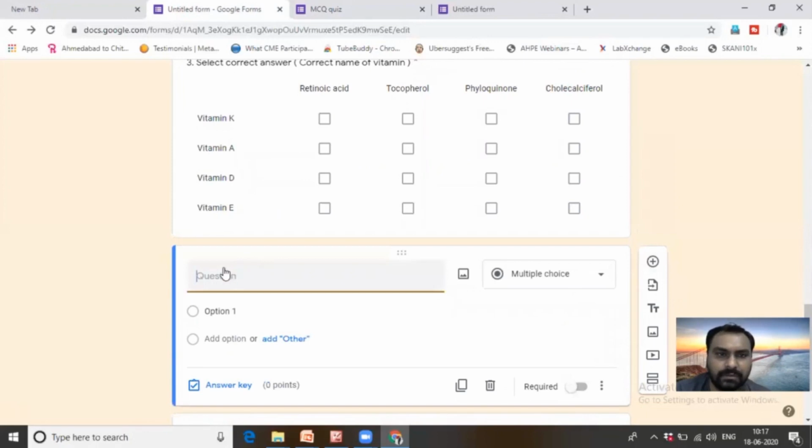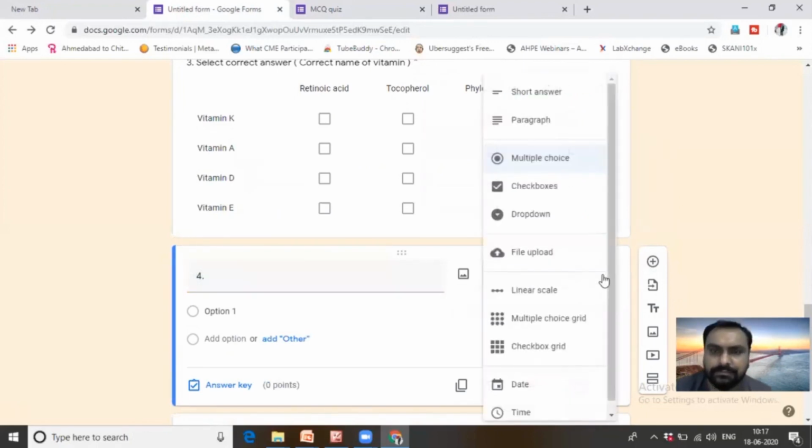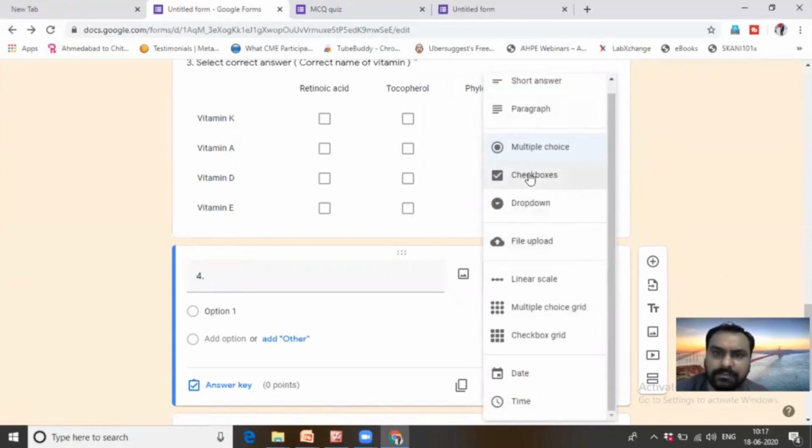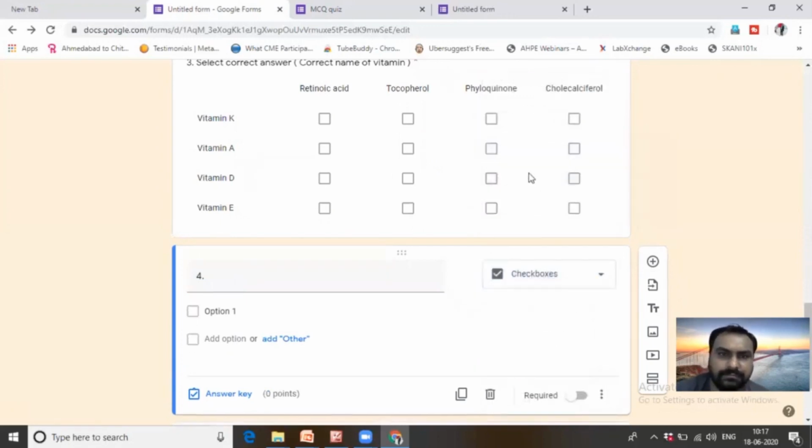Okay, suppose this is the fourth question, and I want to make checkboxes. Suppose I am selecting the checkbox. It will show a tick mark, and the student has to just tick mark on it. Like, which immunoglobulin crosses the placenta?